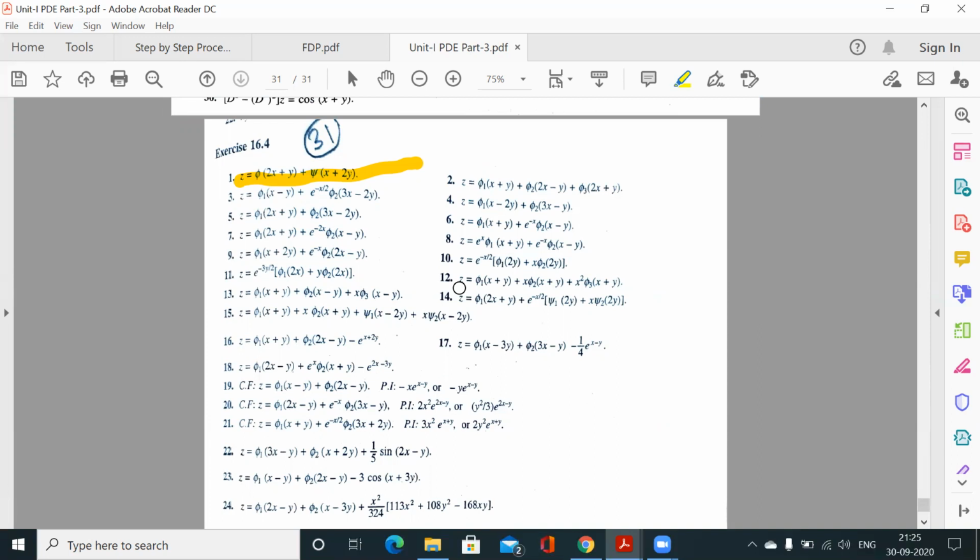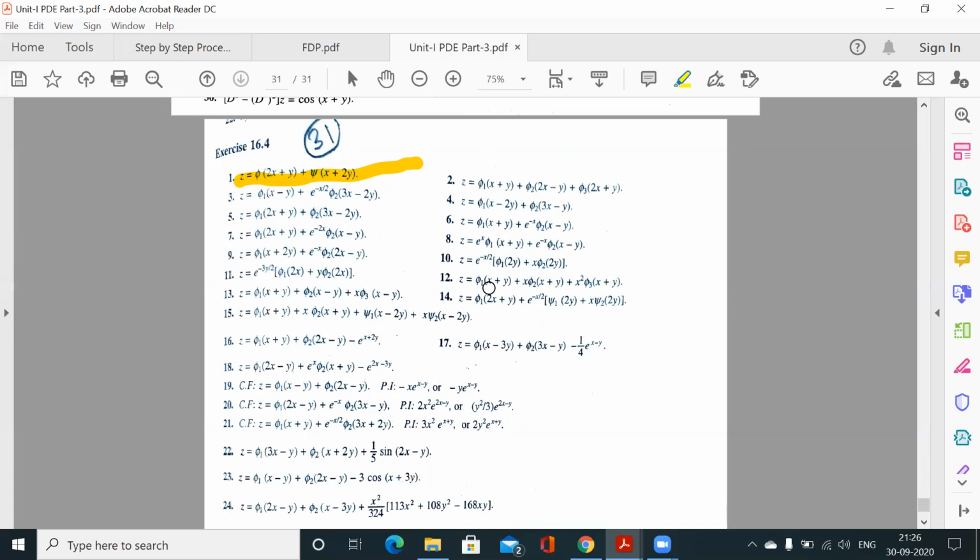Then we moved on to the LPD with constant coefficient, so CF and PI. Next, the last topic was the Euler-Cauchy's equation, which has variable coefficients, but we know that by using a particular transformation, we can convert those equations into an equation where the coefficients are constant. So this was all about unit 1.